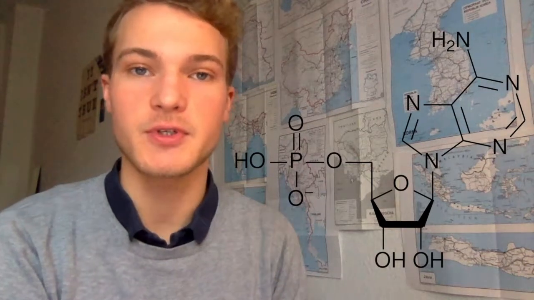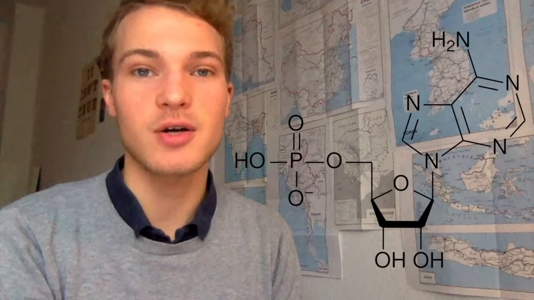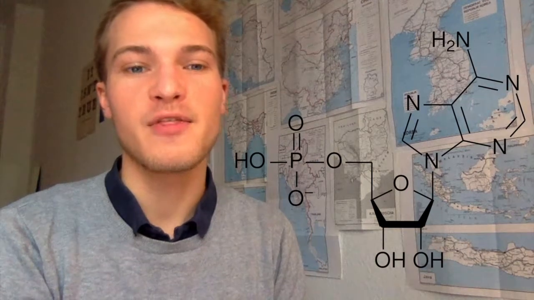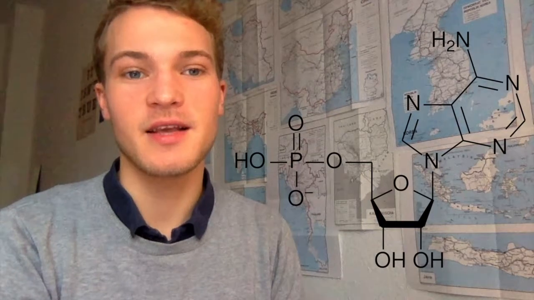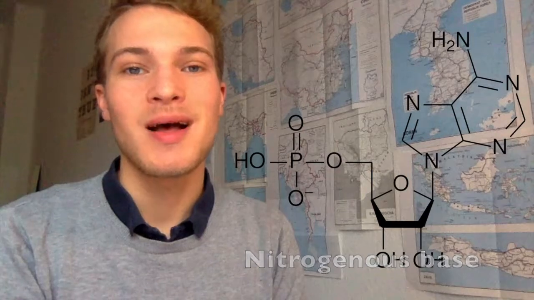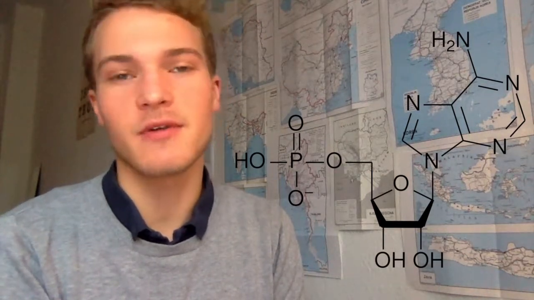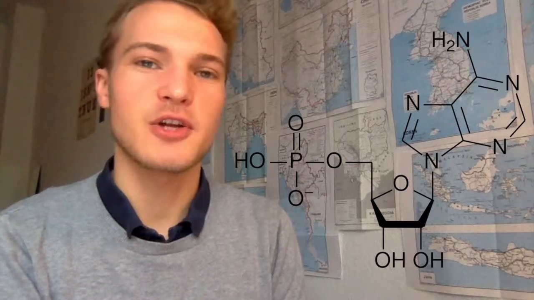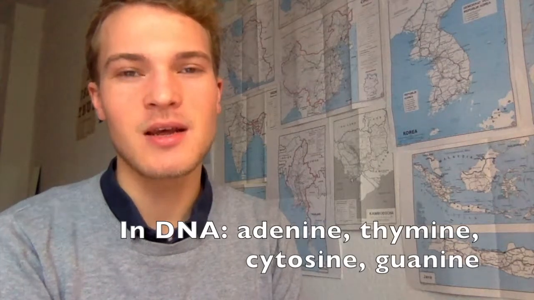Let's look at DNA first. In DNA, we have a 5-carbon sugar, so a pentose, which is called deoxyribose. Then we have a phosphate group, so PO4. And then finally, we have a nitrogenous base. So a base, and again, if you're not into chemistry, a base is sort of the opposite of an acid, right? And a nitrogenous base, because there's nitrogen in there, and there are 4 different types for DNA: adenine, thymine,